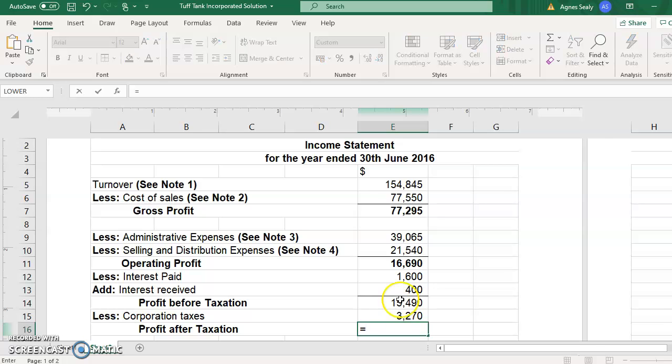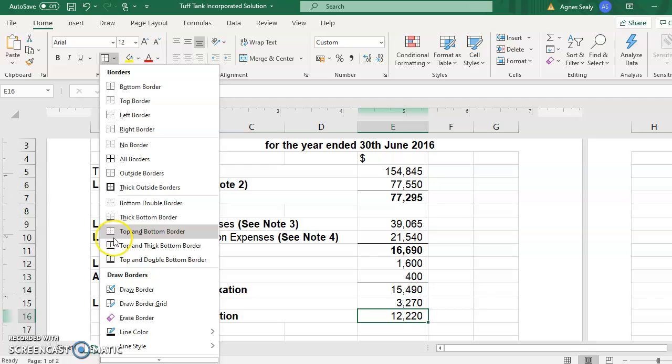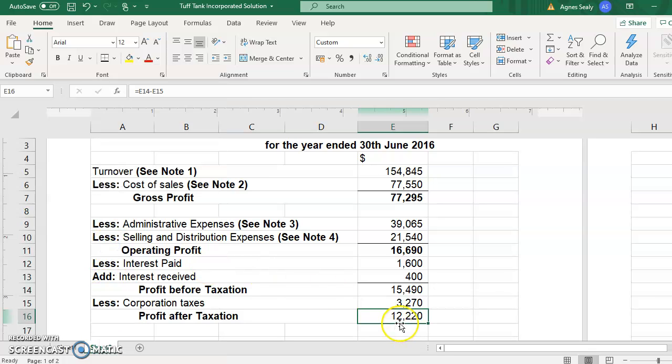So that will be $15,490 of profit before taxes minus whatever taxes we're supposed to pay of $3,270, and that gives us a profit after taxation of $12,220. So this completes our question,